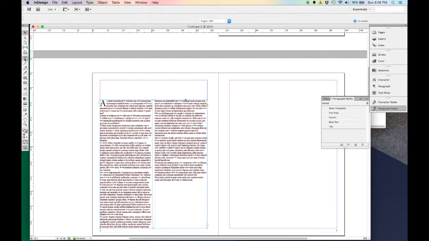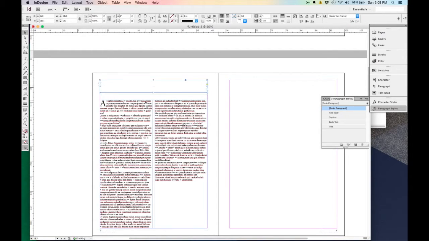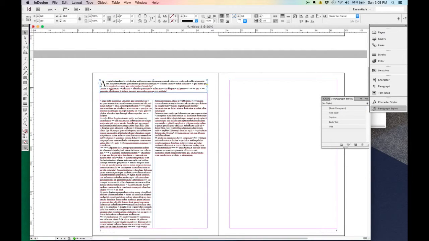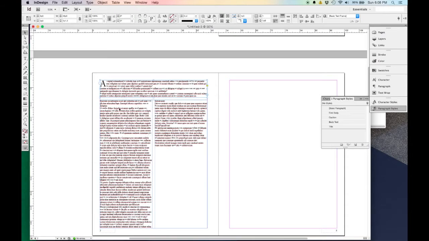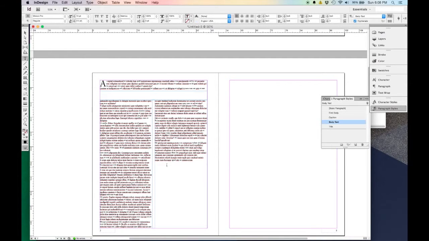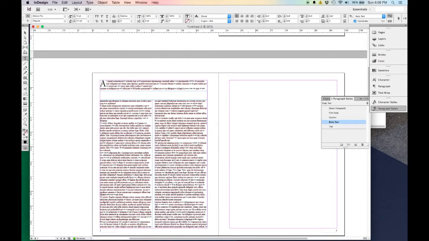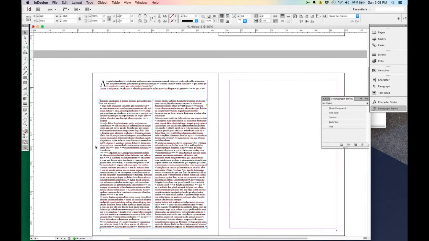So what I can do is click and drag this text box, pull it out to the side here, click here, and then just drop that in there. And so as you can see, what's happening now is as I expand this text box, the text from this left side is going to move inside of it. So pretty cool. So I'm going to add some more text, go Type, Fill with Placeholder Text. It's going to drop it in here. Looks great. And then if you get to the end,